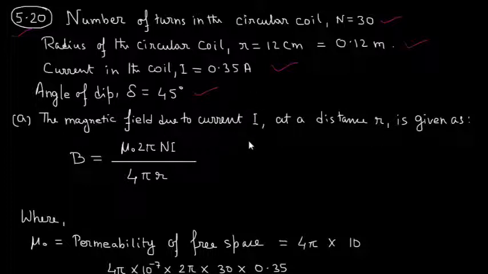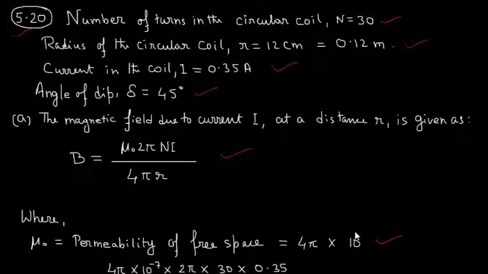Magnetic field due to the current I at distance r is given as B is equal to mu naught 2π N I upon 4π r, where mu naught is equal to permeability of free space, that is 4π multiplied by 10